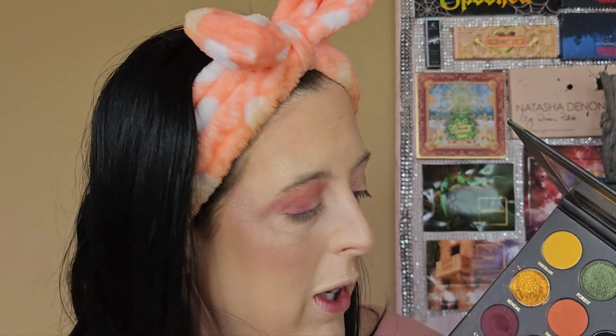I mean, I could add a green shimmer. That would be really interesting. I think I'm going to keep it pretty much all neutral today. So we're keeping it real for the mums today. I'm not going to add any NYX glitter glue, anything on my lid. This is just a wham bam mum look, and it doesn't have to be a mum look. It's just a wham bam easy look. If you need to be out that door as quick as possible, I feel like I've really nailed that one